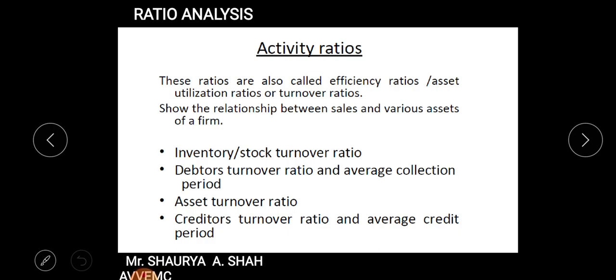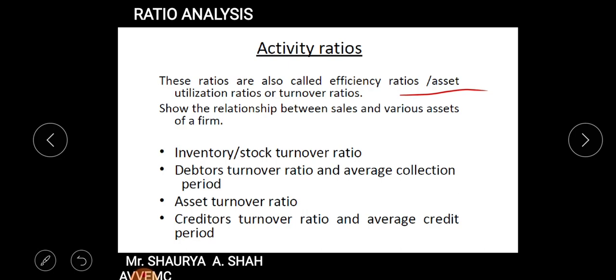Now starting with today's part, dear students, we will be starting with the third type of ratio, that is activity ratio. Now what are activity ratios? These ratios are called efficiency ratios, or we can say asset utilization ratios or turnover ratios. The name itself says activity. Now what activity do we do in business? We generally purchase or sell. That is our main activity. So all these things are related to your purchase and sales activity,